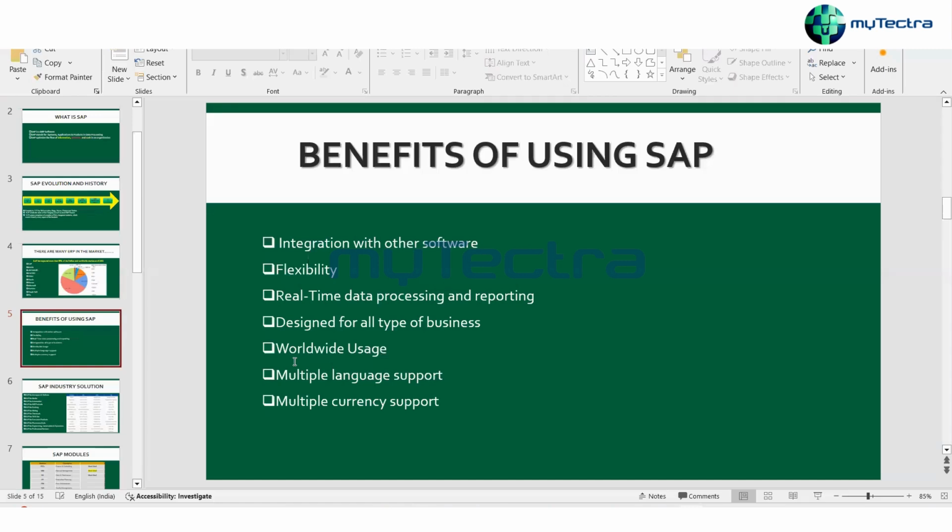It has been designed in such a way, and it is widely used. SAP also has an option to support multiple languages.